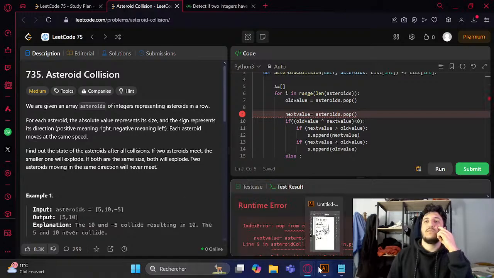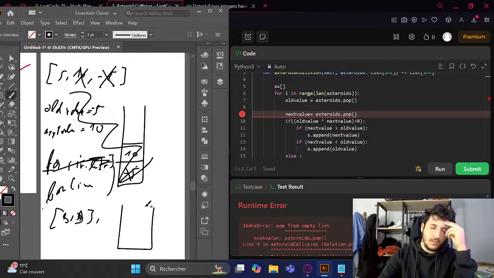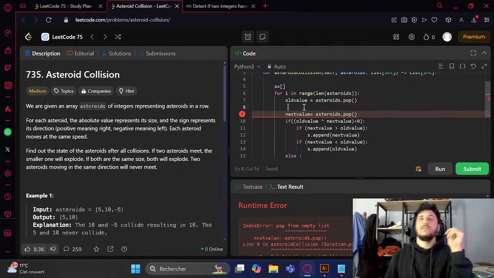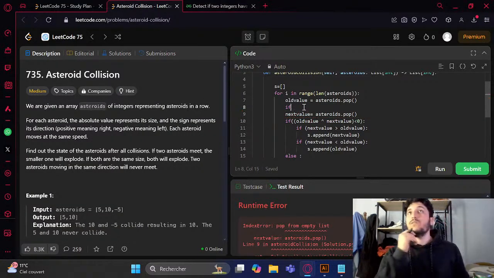If it is empty, so let's think. So if it's empty, so now we pop -5 and -10, and then we have to pop 5 and another element. So the second element we have to check if it's empty or not. So if